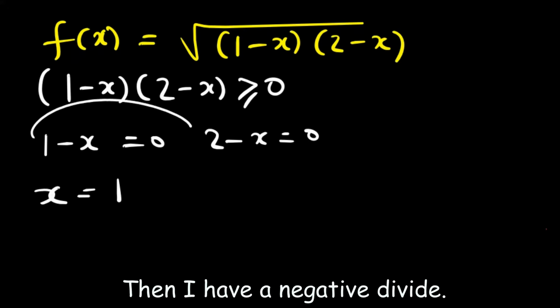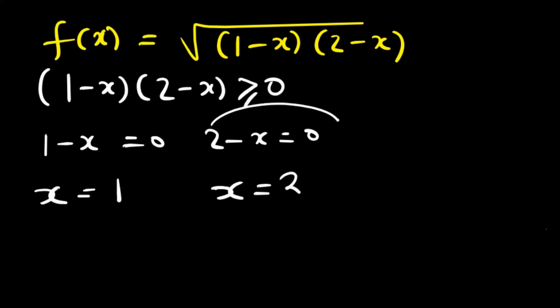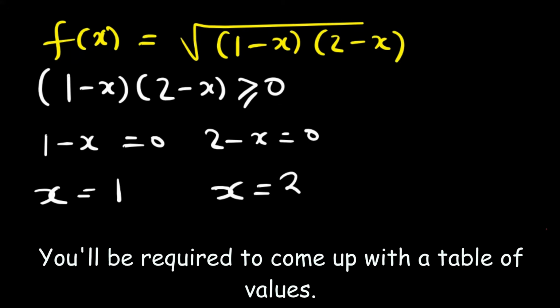When the 1 goes to the other side, it becomes negative. Then I have a negative x, and when it divides, I'm just going to have a positive 1. Then for the other one, I'm going to have x equal to 2, because when the 2 goes to the other side, it becomes a negative 2. Then when I divide by the negative on the x, I'm going to have a positive 2. So basically that. Now, for this one, you'll be required to come up with a